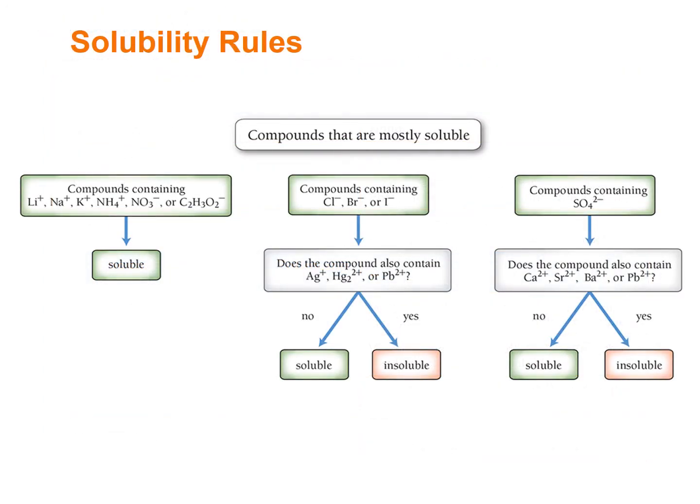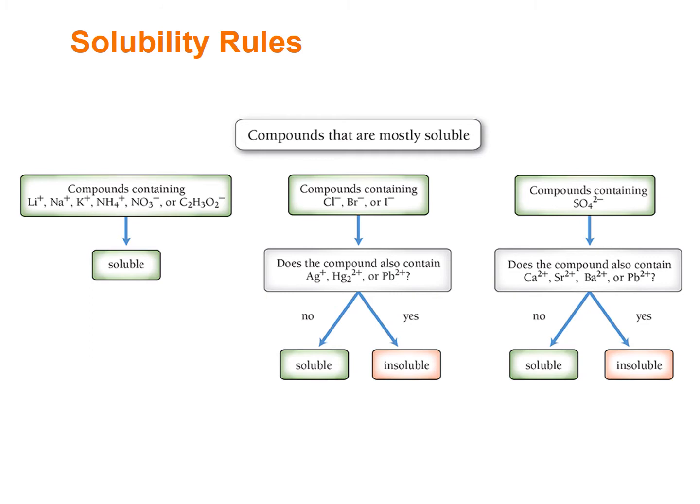So this is a Solubility Rules flowchart. There's actually two of these, and they deal with different sorts of compounds. If we look in the far left here, let's say that you had a compound of lithium oxide, and you would find in this chart your lithium right here. So if you have a compound that contains lithium, and lithium oxide would contain lithium, then you follow the arrow, go down here, and it's going to tell you, oh, well, then your compound is going to be soluble in